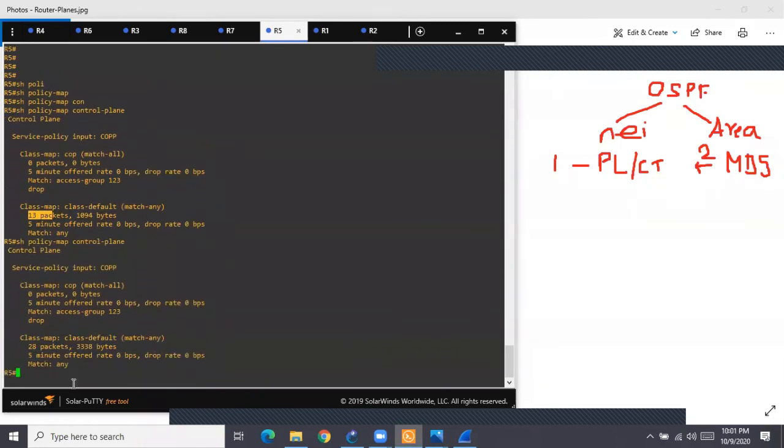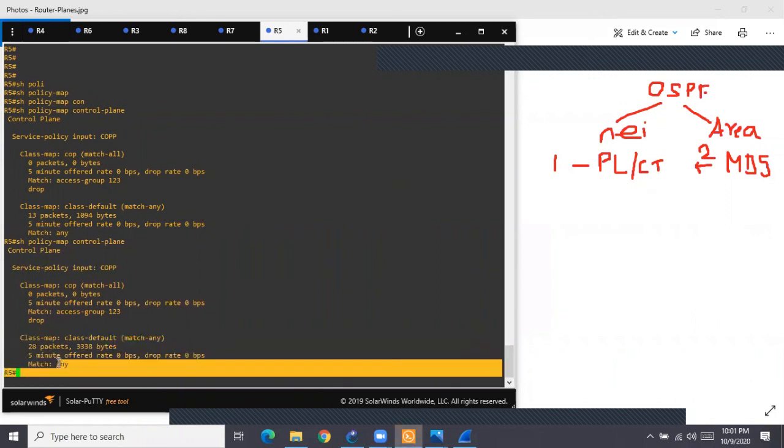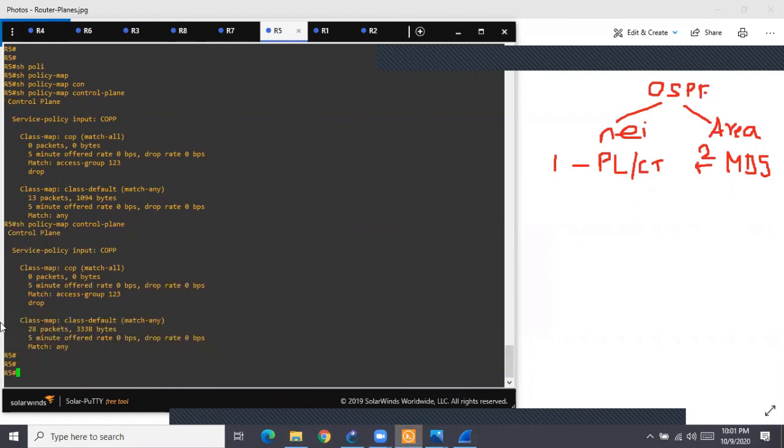Again the counter, see, again the counter is increasing for this second class. This is already there by default. There is an inbuilt class called as what? Class default. So it is already there. I did not do anything. And now let's see, people were doing telnet. In spite of telling them not to do telnet, not to do HTTP, they were doing telnet.